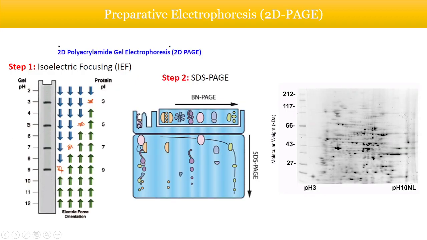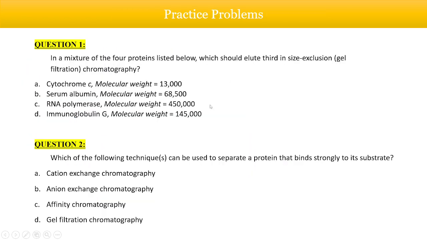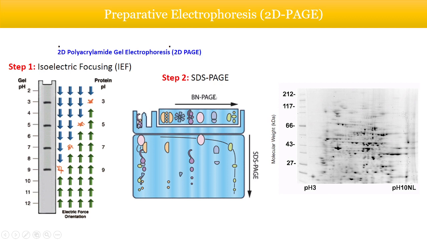And the other thing is the preparative electrophoresis, or the two-dimensional polyacrylamide gel electrophoresis. It's a combination of isoelectric focusing and SDS-PAGE. For example, let us assume that we have a complex mixture of proteins. First you separate these proteins based on their isoelectric points. Say some proteins have pI 4, some proteins have pIs of 8 and 9. So you can separate based on the pH, and then you run it in an SDS